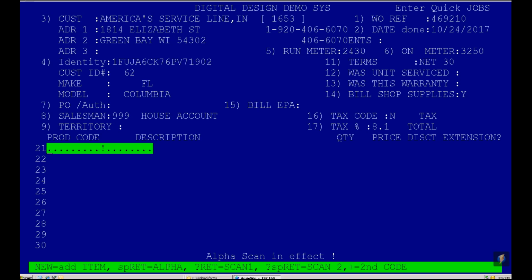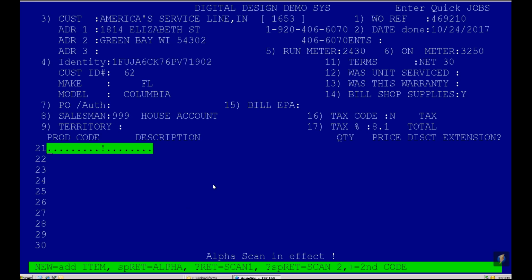Okay, at this point, what we've done is we have opened up a repair order, but we don't have any parts or labor charged out against it. But really what we want to do is produce a work ticket so that you can put it on a clipboard, and when the mechanic comes up to the parts department, he has something to give to the parts guy and say, hey, charge out these parts. So the way we do that